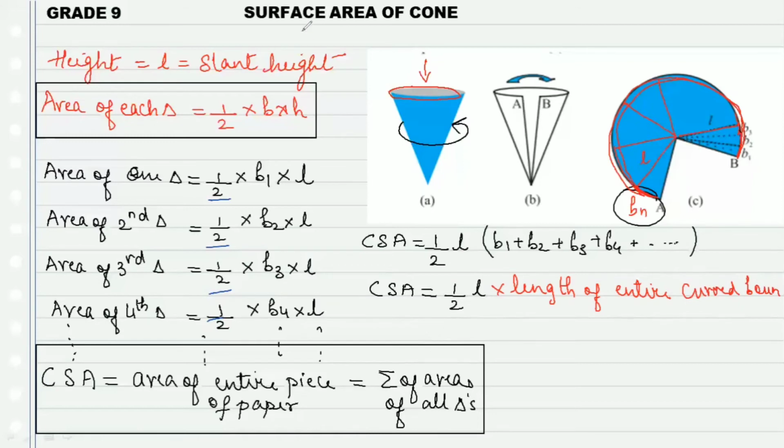Okay, so अगर आप इसे further solve करो, so you all know curved boundary is what? Curved boundary is actually the circumference of the circular base. And what is the formula for it? It is 2 pi r. Circumference का formula क्या है बच्चों? It's 2 pi r. So here 2 and 2 get cancelled, and we have our final formula for CSA, that is pi r into L. Right? This is actually the curved surface area of the cone.